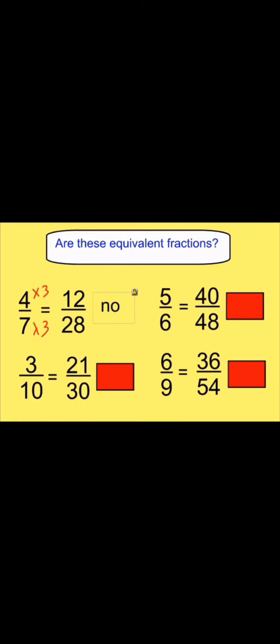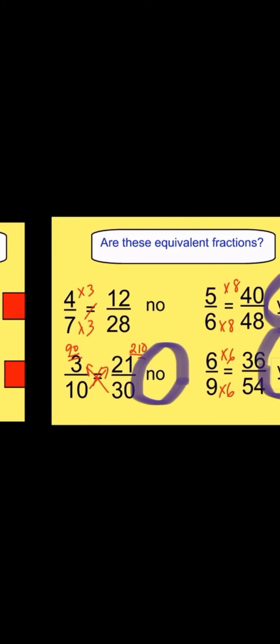Let's try 3 out of 10 equals to 21 out of 30, and 6 out of 9 equals to 36 out of 54. Let's think about it, girls. Okay, very nice. So as you see here,